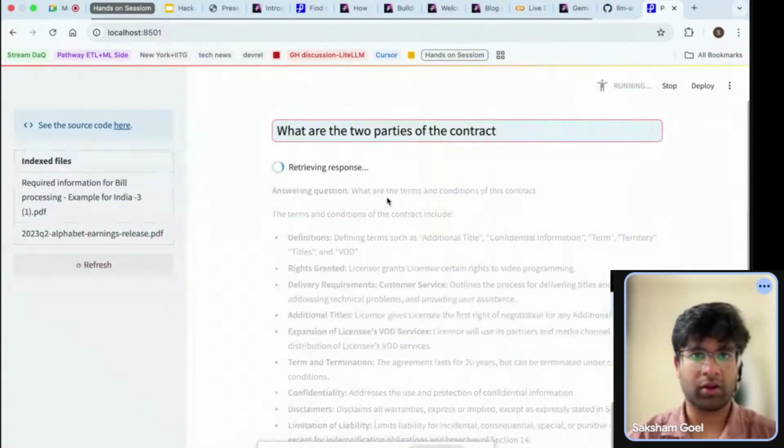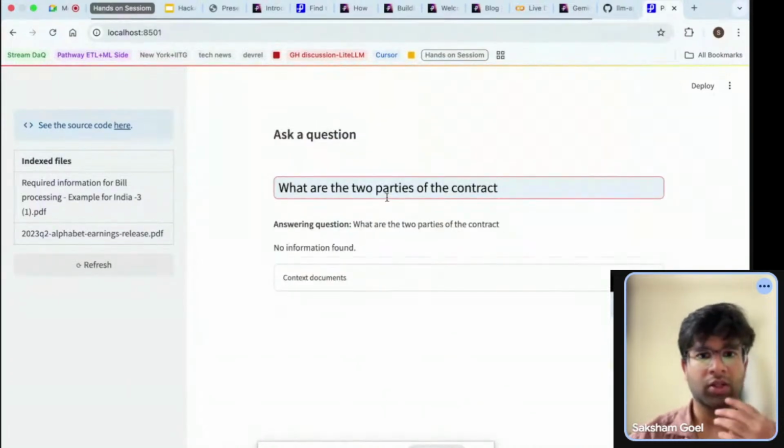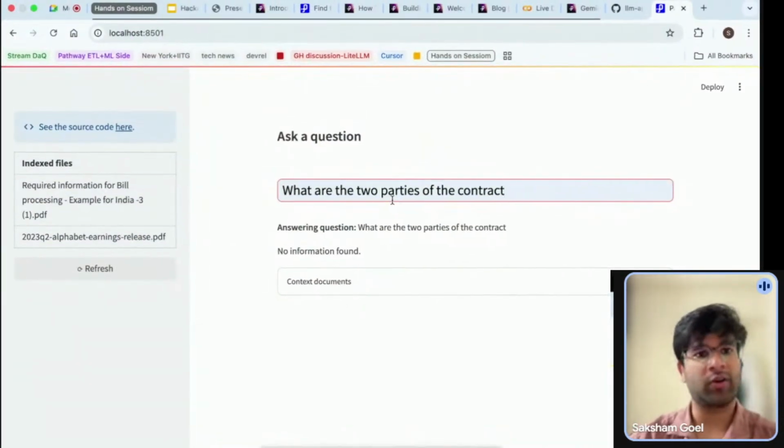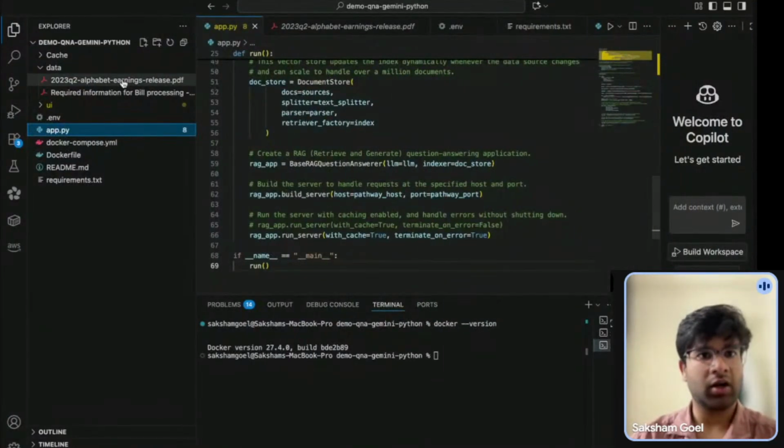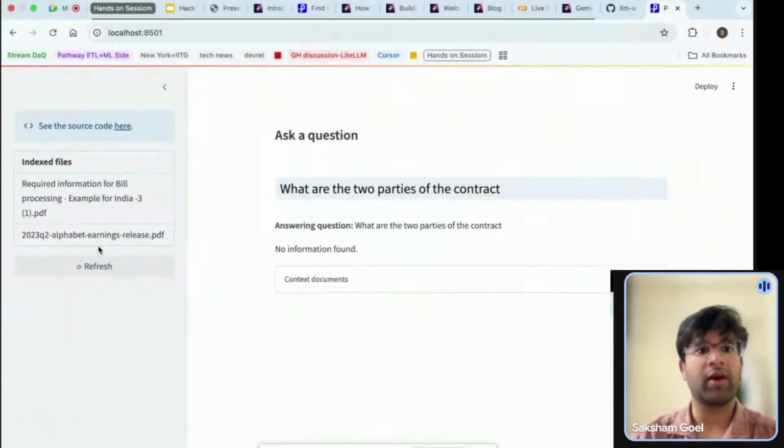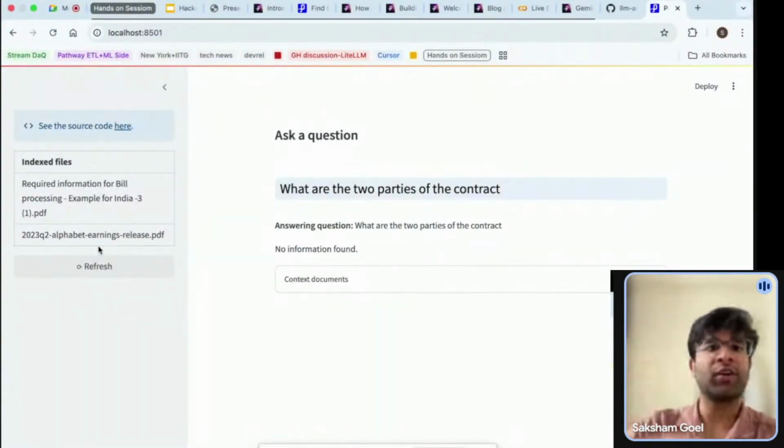So it says there is no information found, because right now, as I showed you, there is no document which contains the contract, and I deleted it, right? If I upload it again and I ask the same question, it will give the answer. Obviously, it's the same: you delete it, you don't get the information. You add it, you get the information. So this is the magic.